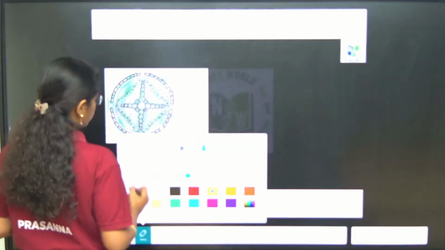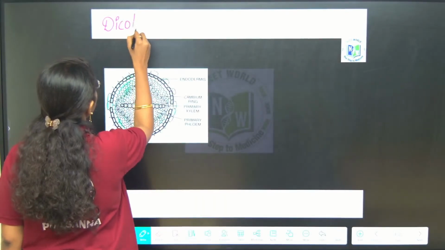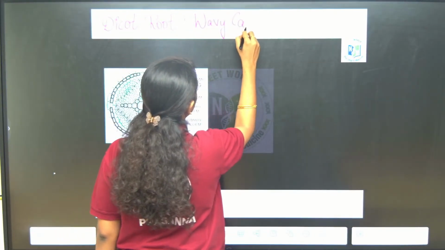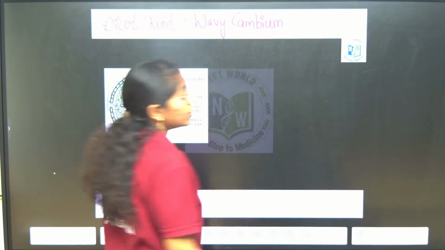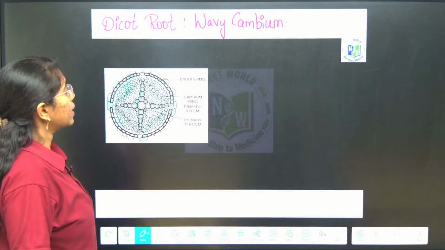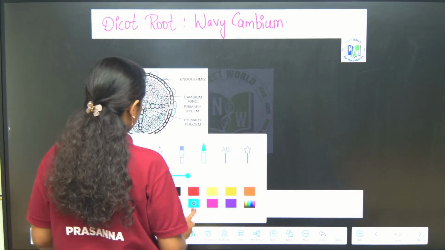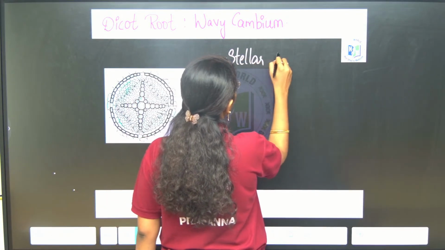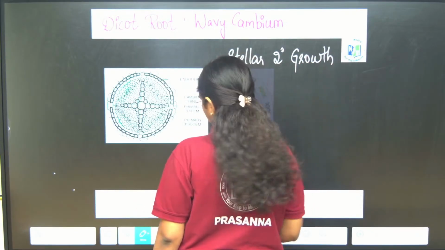Okay, in dicot root, wavy cambium is formed. Fine, right? So, this wavy cambium is formed in the dicot root. How? If you see the stellar secondary growth in the dicot root,